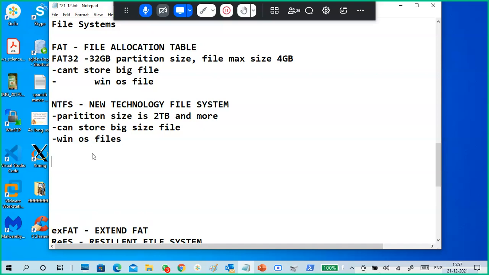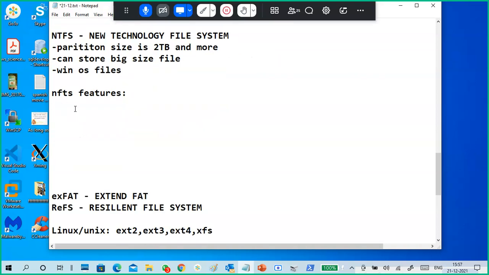Okay, but NTFS has some features. NTFS features are there, you should compulsorily know them.